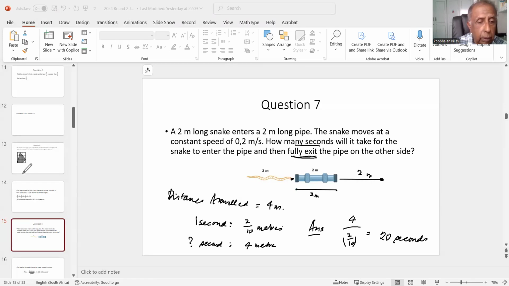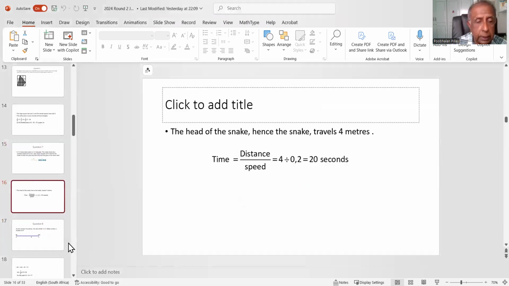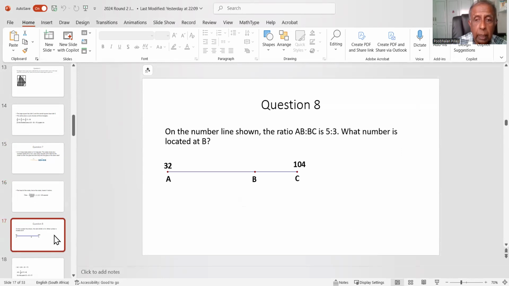All right, so let's get on to the next problem, and let's take a quick look at, yeah, so the answer is 20. So we don't have a problem with that. And now let's get on to the next problem, which is question 8. Question 8 says,